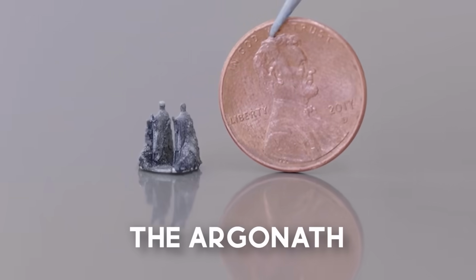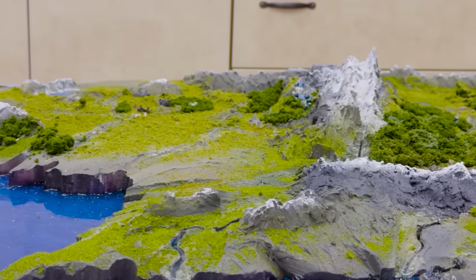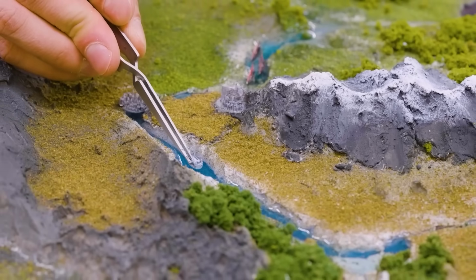These landmarks are tiny, small enough to comfortably fit on a penny, but even being this small, the landmarks are simply markers. They aren't to scale. They're actually way too big. Though I did do my best to make this map as accurate as I possibly could, and it's kind of